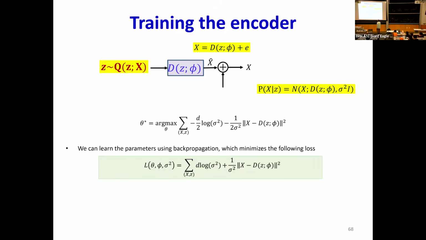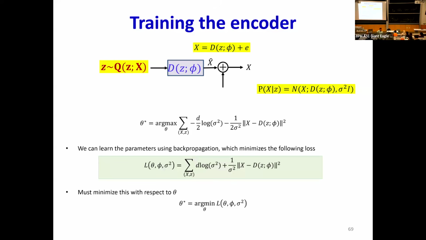Instead of the log likelihood, I can have the negative log likelihood, which looks like the formula over here. I can minimize the negative log likelihood. This looks more like a standard loss. And then you want to minimize this loss with respect to the encoder parameters so that it learns to compute the Q properly. That makes sense to everybody? I know there are a lot of tangled threads over here, but it's really not that tangled.